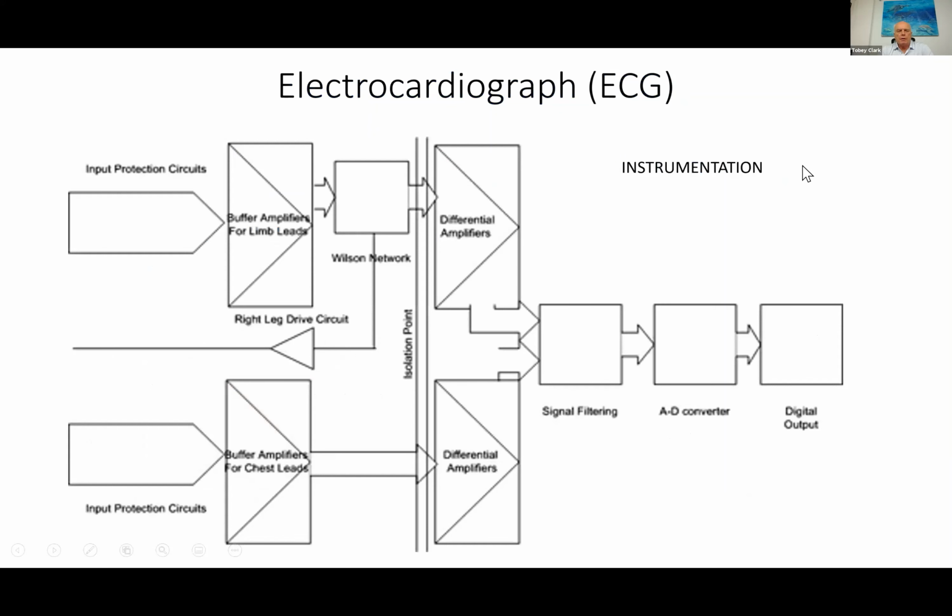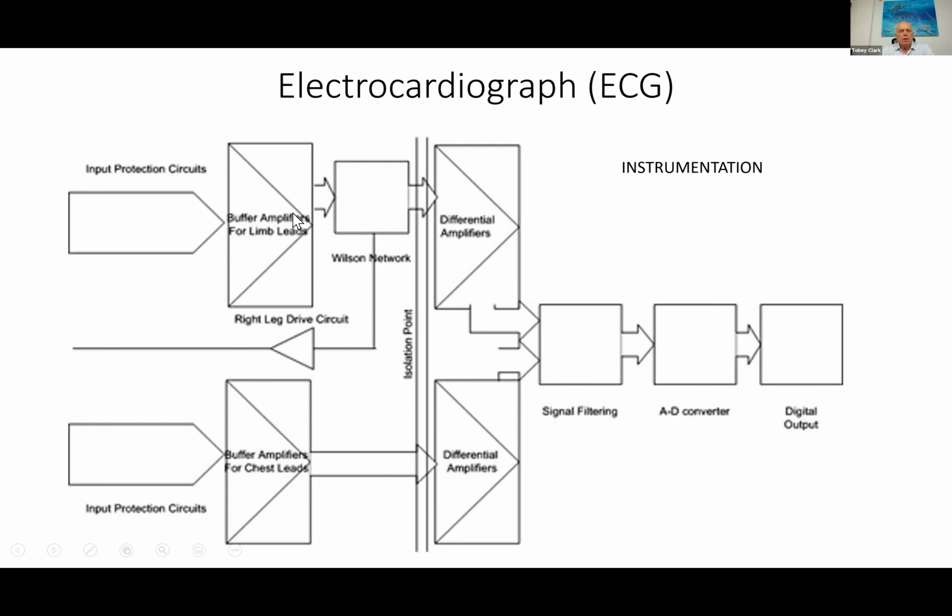So this is a block diagram of the electrocardiograph, and I'm sorry we don't have it in French, but you can see that we have our input circuits to the left. So this is where the lead wires are coming into the electrocardiograph. First of all, we have to have protection circuits, because if the patient is defibrillated, that's a very high voltage, which would destroy the machine. So there's protection circuits. At the same time, there's protection of the patient